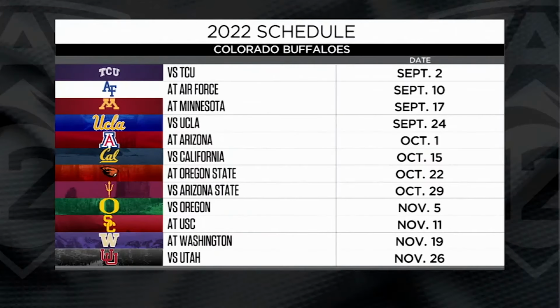So the next time we see them on the field, it'll be September 2nd for the first ever meeting with TCU, and that is a difficult schedule ahead for Colorado. That's no cakewalk. Yeah, the theme of this spring was depth. They're going to need that depth this season. All three of those first out-of-conference games really jump out at me. TCU, Air Force, and then a little reunion with Coach Sanford's old team, the Minnesota Golden Gophers, and then you